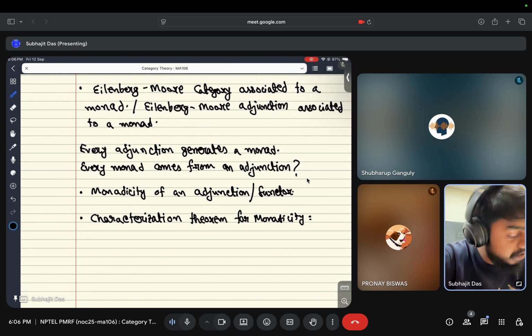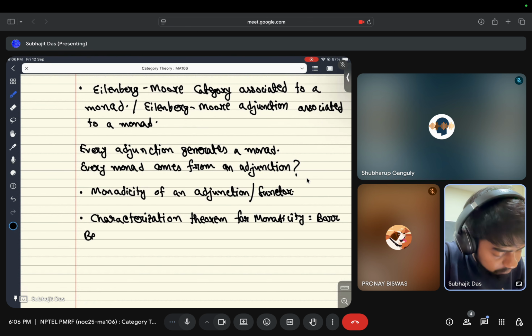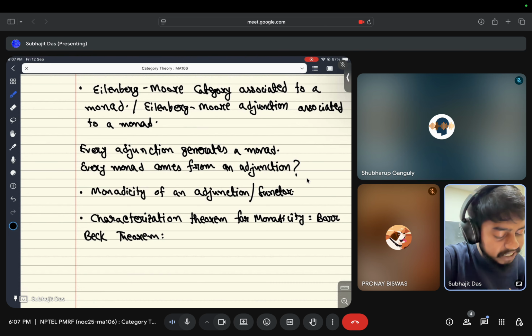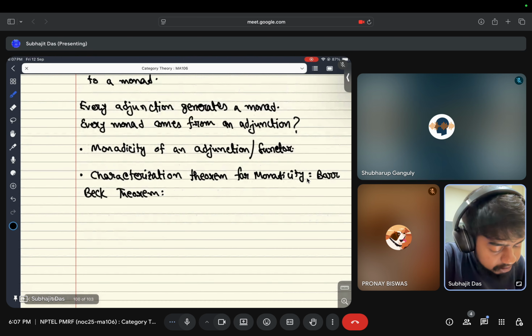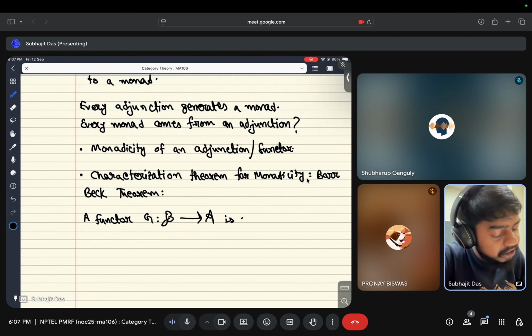Essentially due to Beck, John Beck, and also Barr as well. So I would just put it as Barr-Beck theorem. So roughly speaking, what it says is that a functor, or rather precisely speaking, G from some category, let's say B, to a category A is monadic